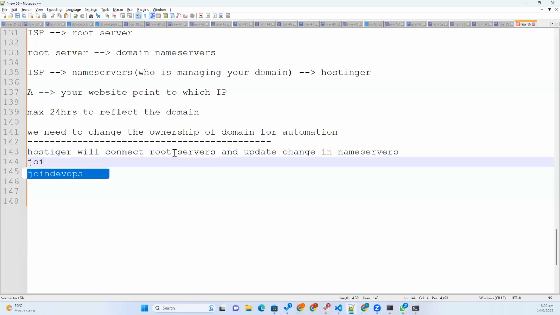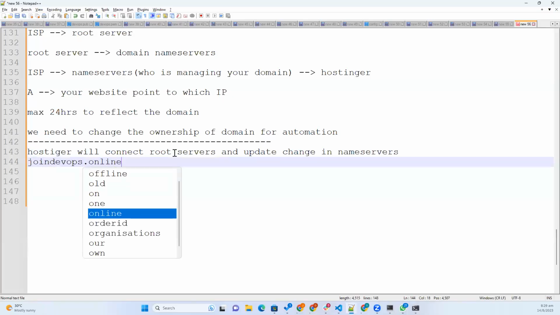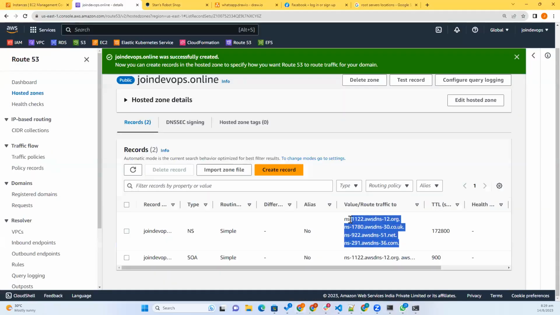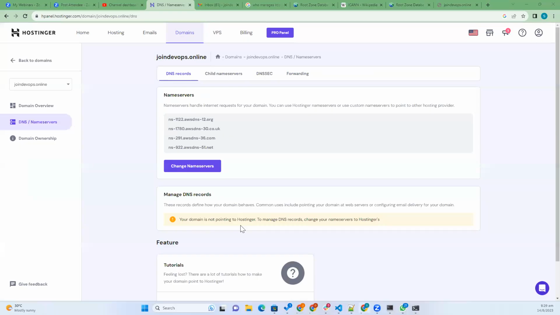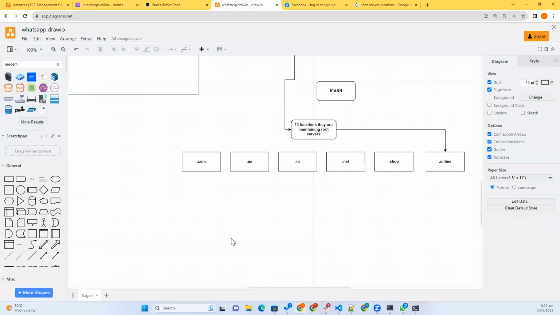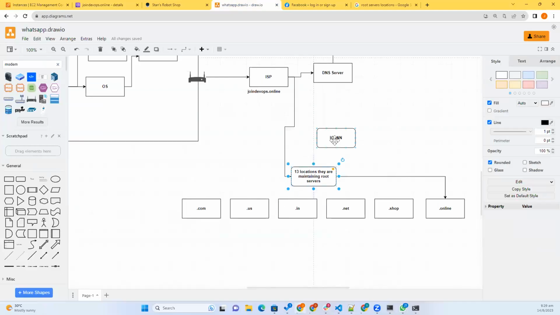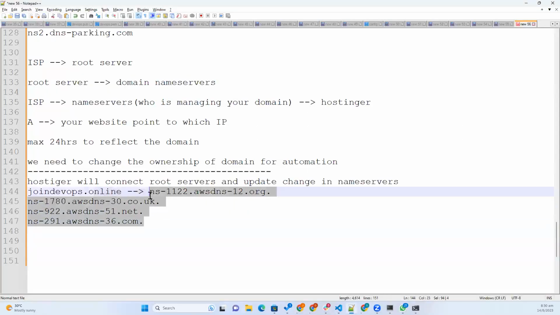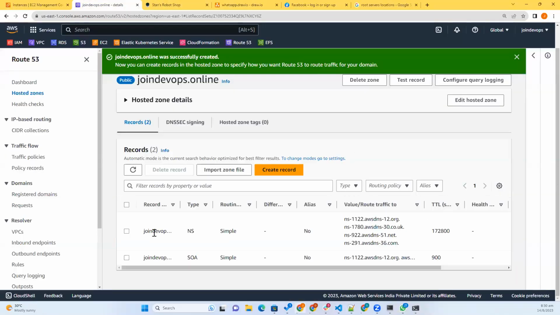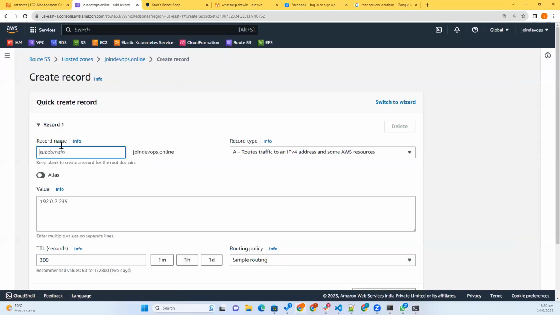Now joindevops.online name servers are these 4. Just understand, tomorrow when I make a request for joindevops.online, the root servers of ICANN will reply with these name servers. Then the request will come to the AWS hosted zone. Here, if you give a record for joindevops.online, whatever IP address you give here,